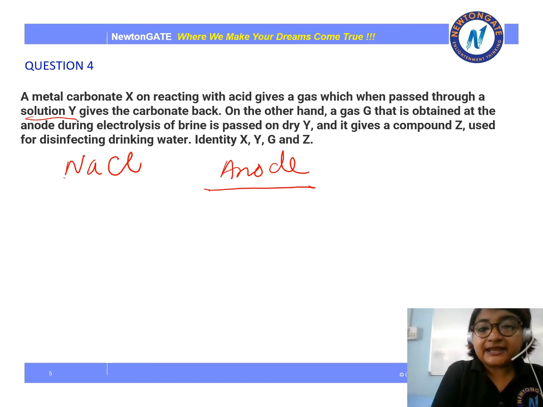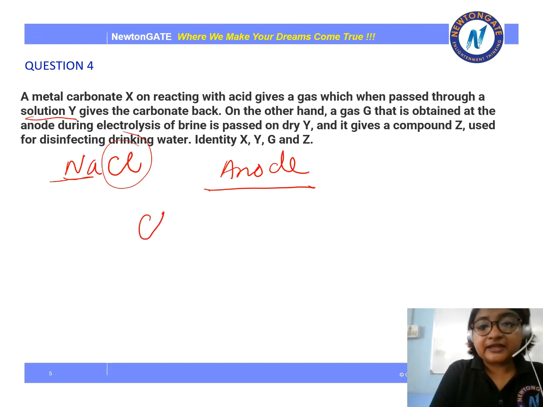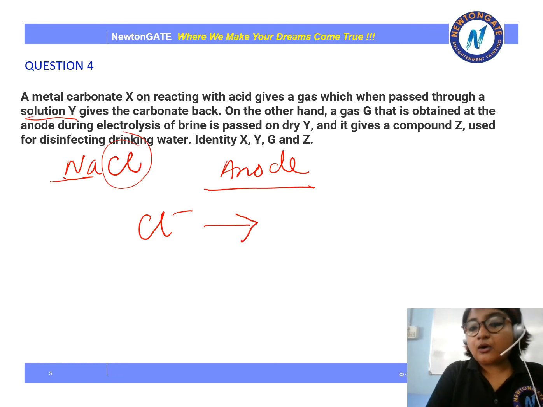So obviously Na plus won't migrate towards the anode, Na plus will migrate towards the cathode. So chloride ions will migrate towards the anode and undergo oxidation or loss of electron and it will give you